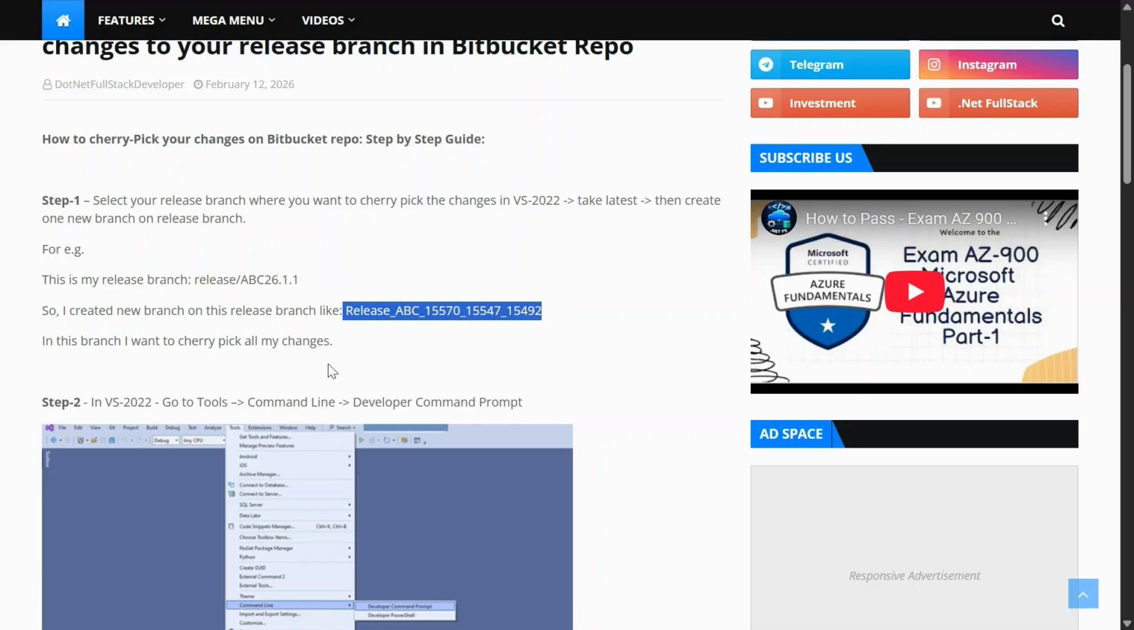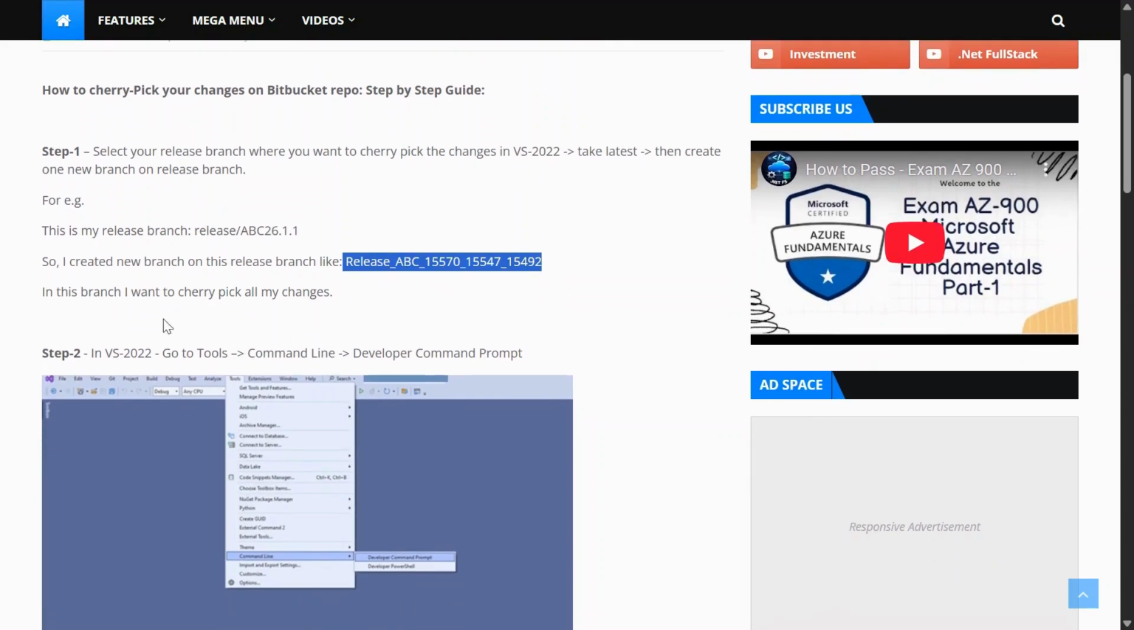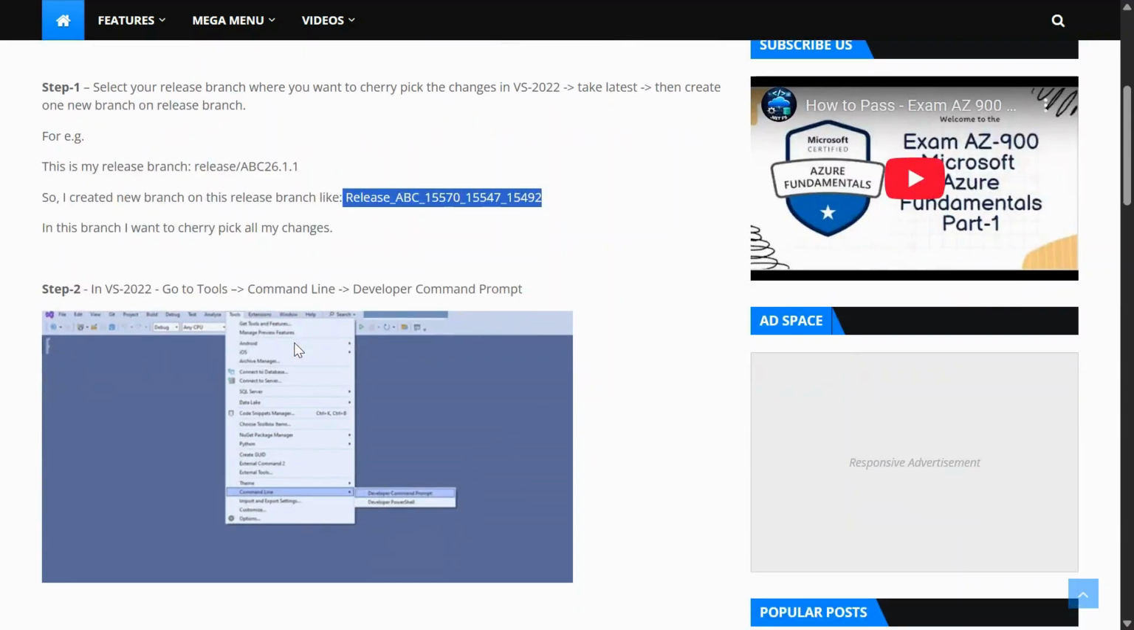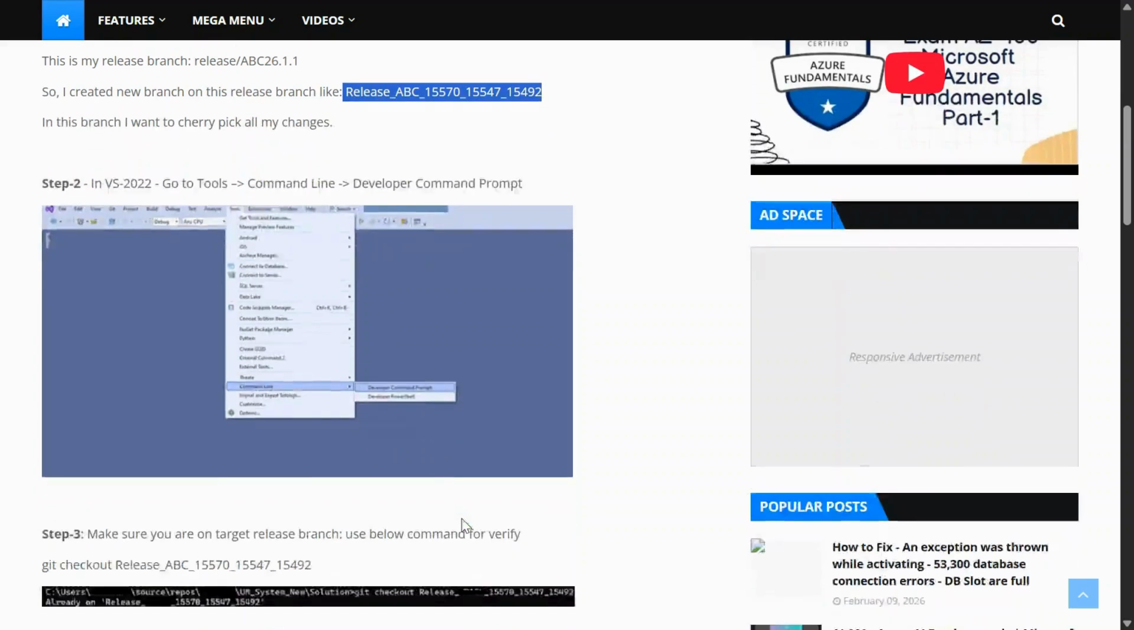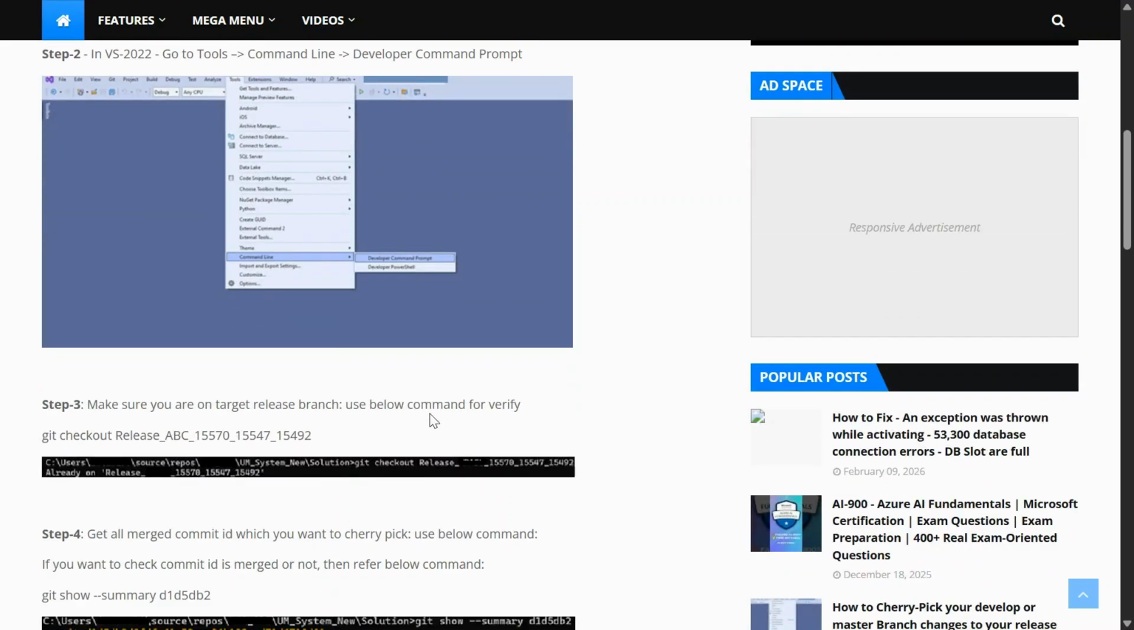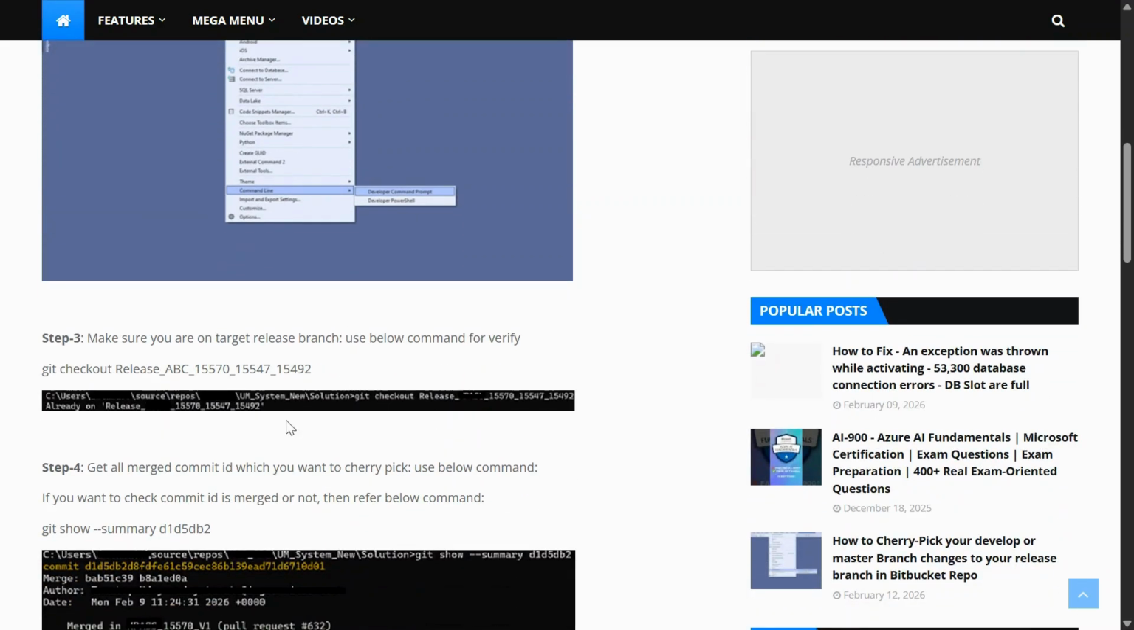Okay, so how can we do this? Just go to your Visual Studio, inside the tools, command line. Just select the command line and open any prompt like developer command prompt or developer PowerShell. So here I'm just using developer command prompt. Okay, once you open the developer command prompt,